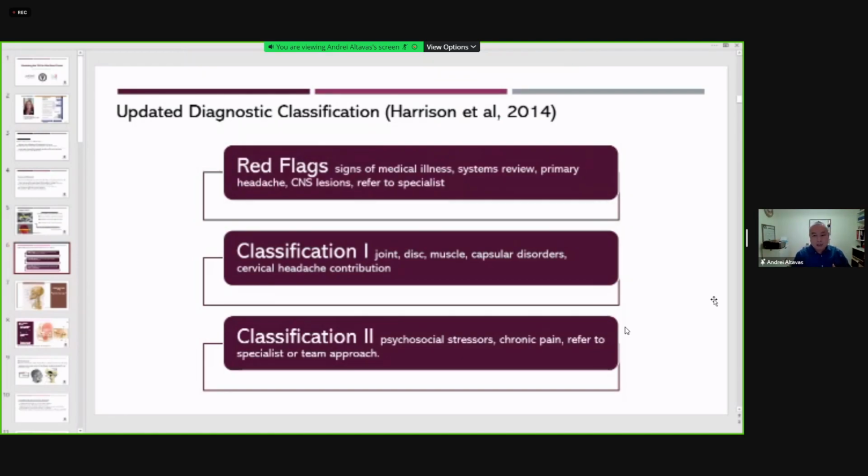So we want to recognize through our systems review, and this should be part of our examination process. It should be part of our initial evaluation. We need to do a systems review, which includes all systems: cardiovascular, pulmonary, neurological, musculoskeletal, and all that stuff. So we want to look for signs of medical illness. One of the conditions that would necessitate referral to a specialist, or maybe referral to the rehabilitation team, which also means that we need to be part of that process in managing patients,